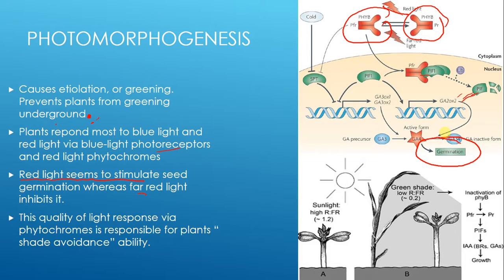This quality of light response via phytochromes is also responsible for plants' so-called shade avoidance ability, so to grow out of the shade. And that has to do with red and far red light. In sunlight, there is more red light than far red light. However, in the shade, like shaded by other plants, the red light is often